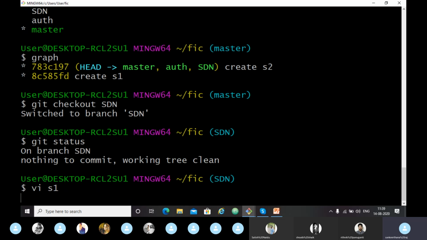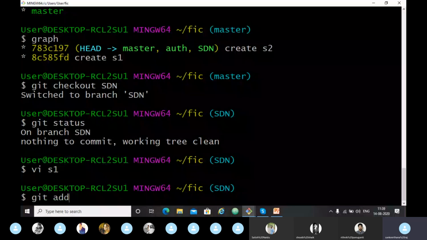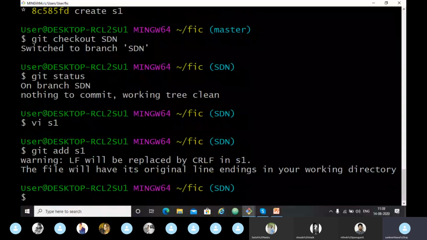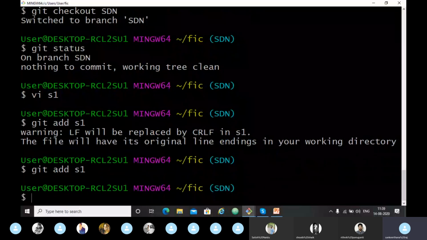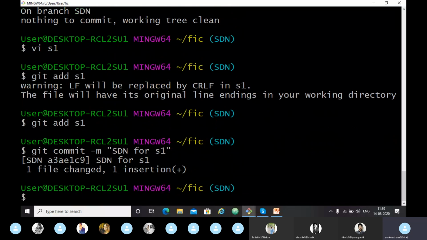I have edited the S1 file on the SDN branch. Okay, let's commit it. So everything is committed here.